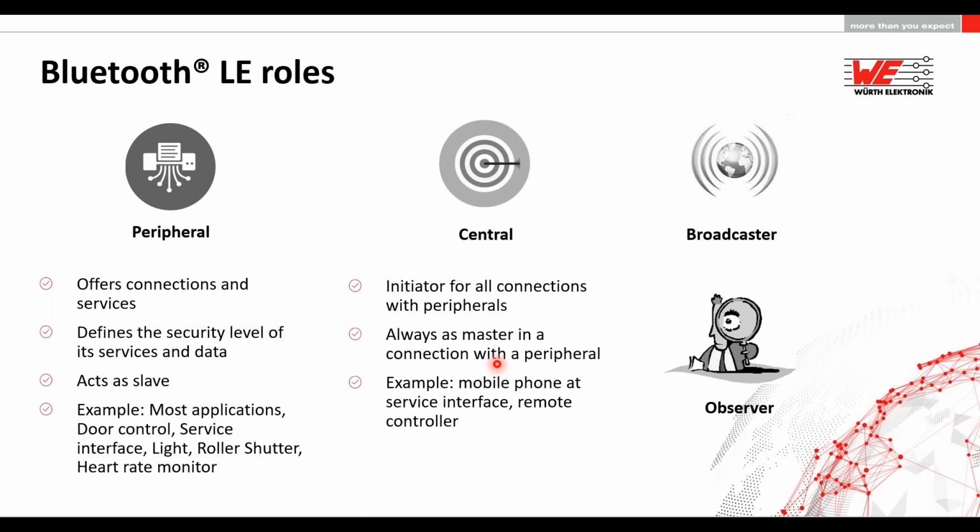So usually the central device initiates the connection, the peripheral device connects, and once the connection is done, a secure data transmission is possible. The standard also enables broadcasting beacons, periodic beacons, which can be interesting for some applications. On the other hand, the observer is the role where you can receive these beacons and have certain applications based on just receiving the beacons. This is typically used in smartphones these days.